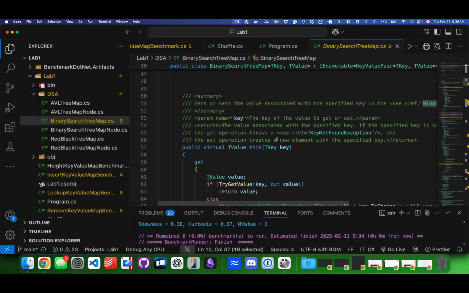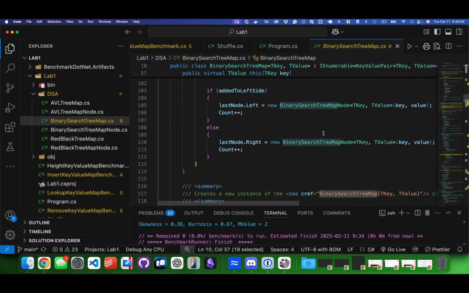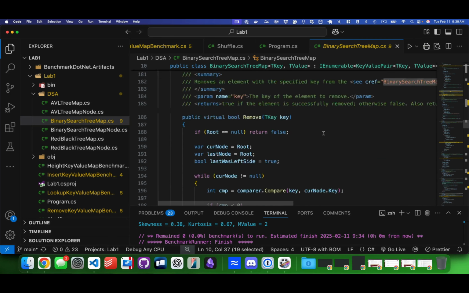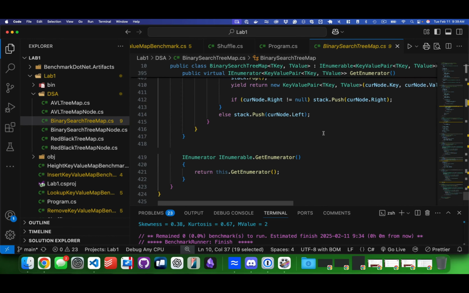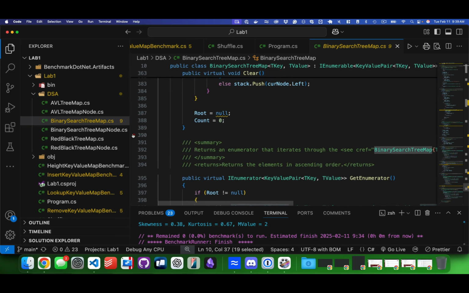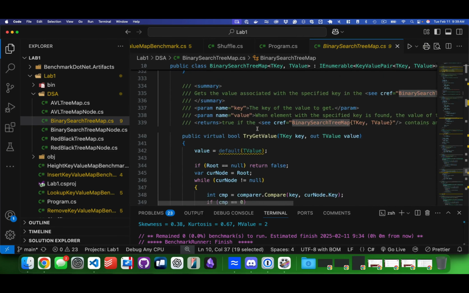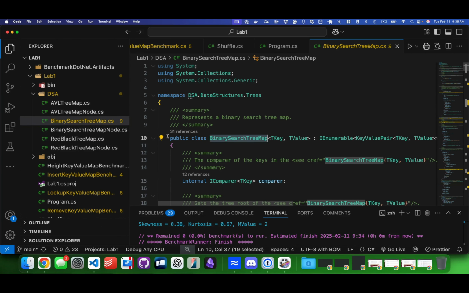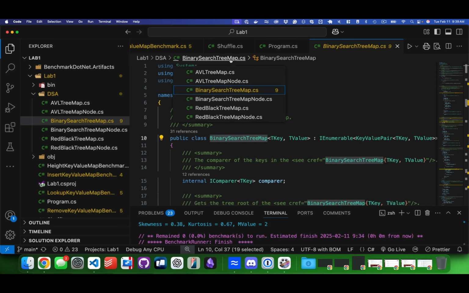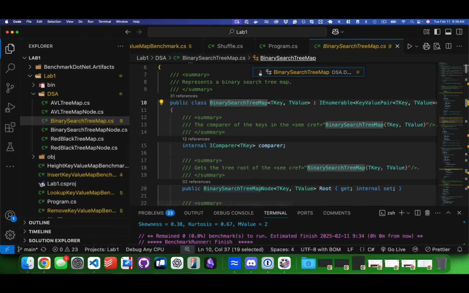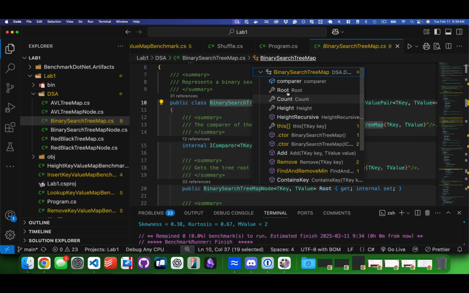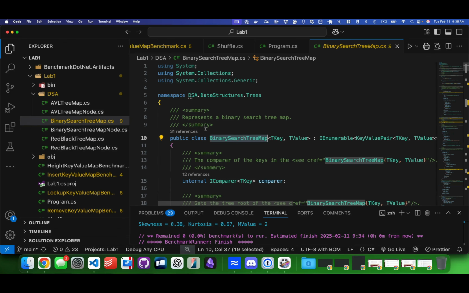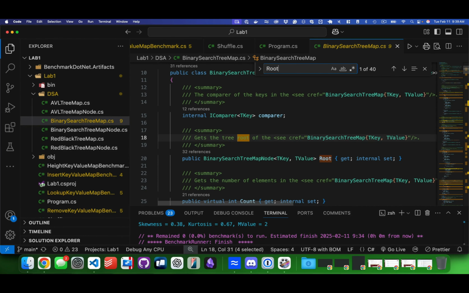I think it's also cool to look at what this author wrote. This is somebody who knows C# pretty well, and they wrote a pretty nice, there's 400 lines of code for this binary search tree map. And what's cool about it to me, let me see if I can, in here, no, here. These are the methods that are built in. You can see this. Let's find the root. Yeah. So the root